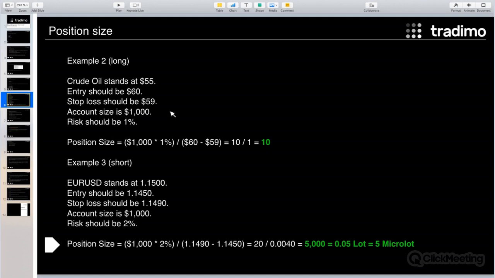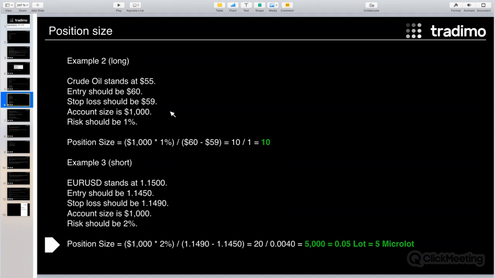In most cases, it makes absolute sense to move your stop loss, if you're in a long trade, to a higher level if a new swing low appears. And if no newer or higher swing low appears, then in my eyes, it makes absolutely no sense to move the stop loss. But this, to be honest, has nothing to do with money management or position size, or the topic of today's webinar, in other words. Moving and managing your stop loss is a different story.